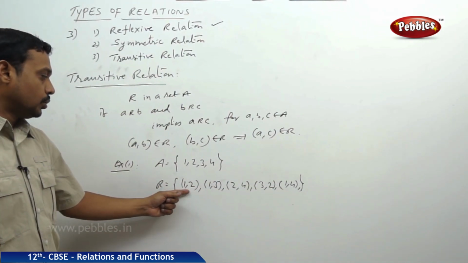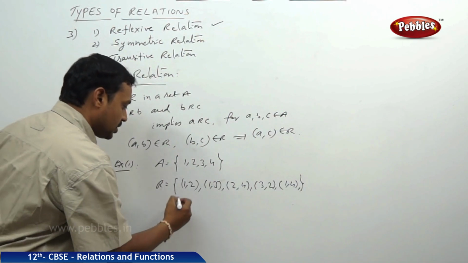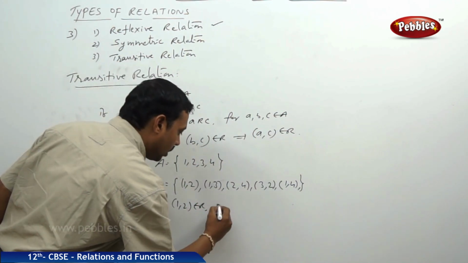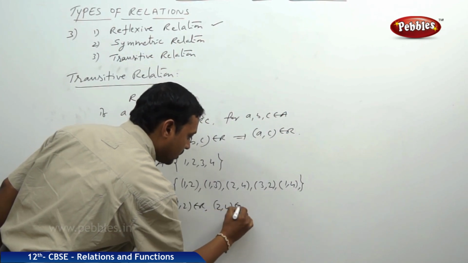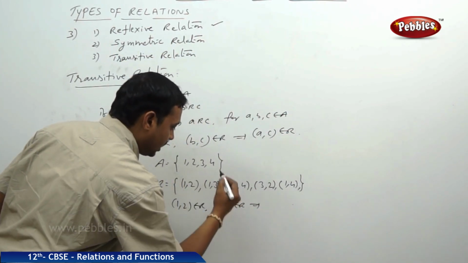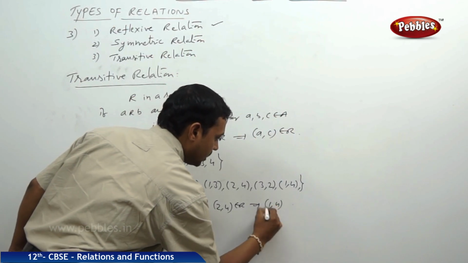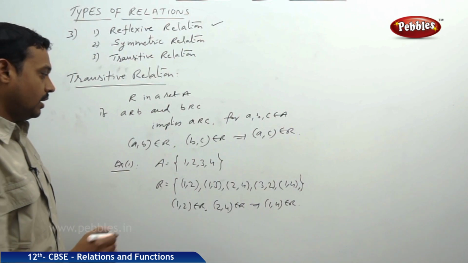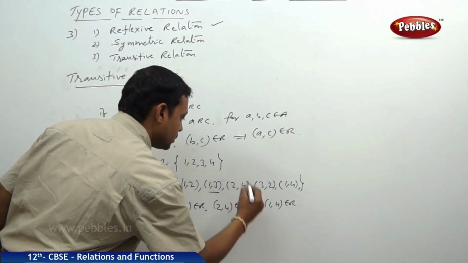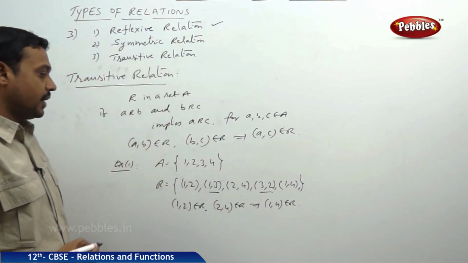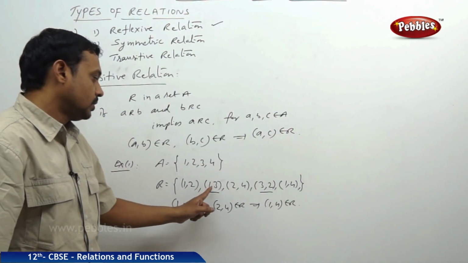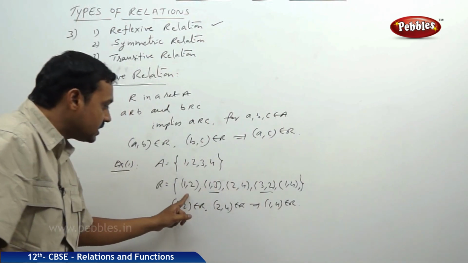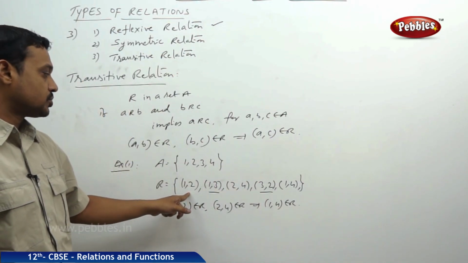Now (1, 2) belongs to the relation and (2, 4) also belongs to the same relation. This implies (1, 4), yes, it is there in the same relation. Okay, next, suppose we choose the two ordered pairs (1, 3) and (3, 2). (1, 3) belongs to R, (3, 2) belongs to R, (1, 2), yes, it is already there. (1, 2) also belongs to the same set.